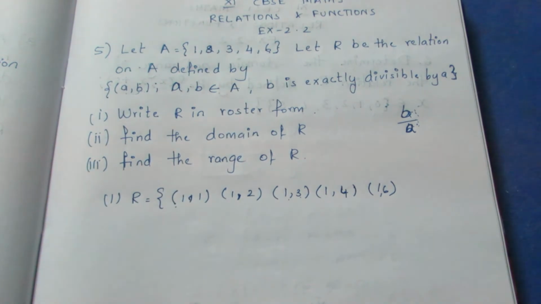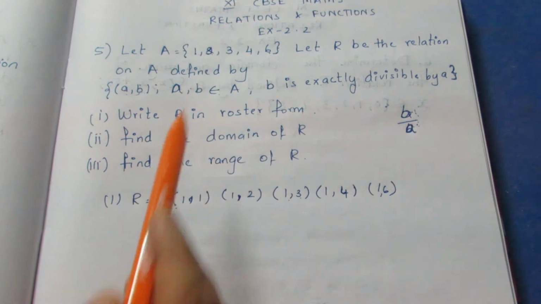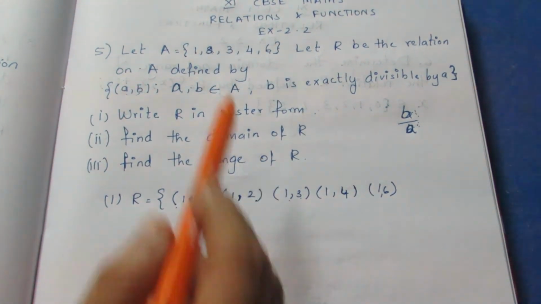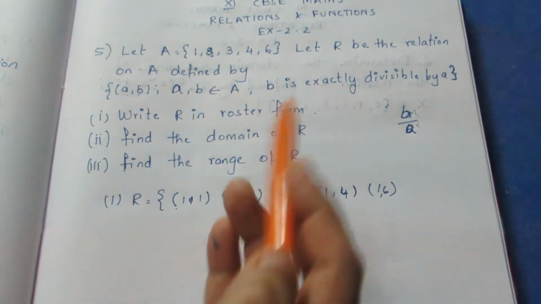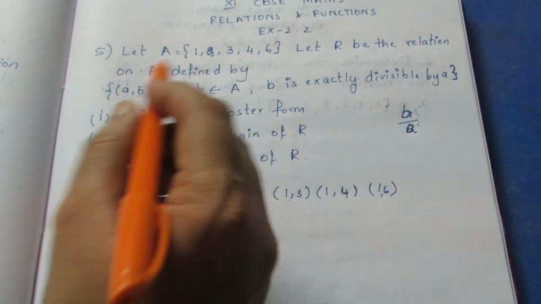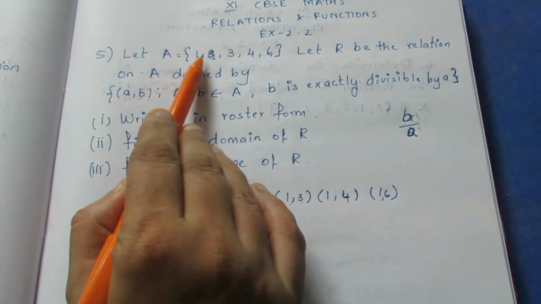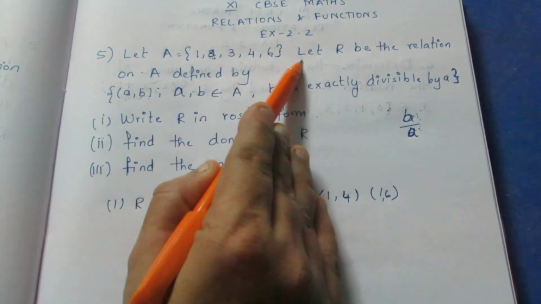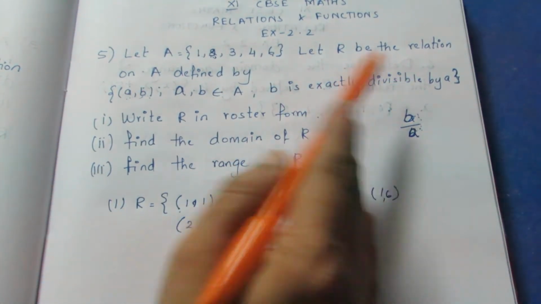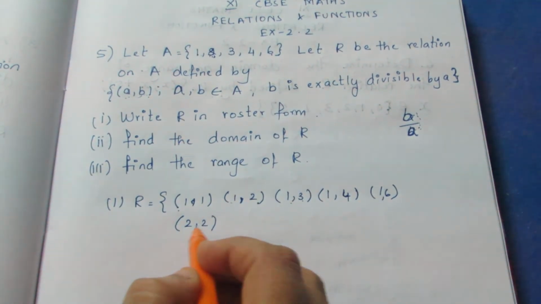Let's take 2. If I take 2 in the second, 2 by 1 it is divisible. (a, b), I have written (1, 2), so I can't repeat that. Now (2, 2) is divisible, so I can take (2, 2), because a and b are numbers belonging to A, so we can take both numbers from A. There are two A's, we are taking the relation as A equal to 1, 2, 3, 4, 6, and another A equal to 1, 2, 3, 4, 6. I am just checking a and b with that. So (2, 2) we can take.